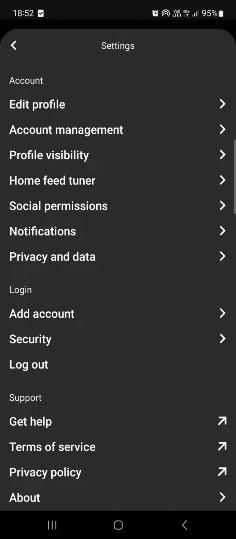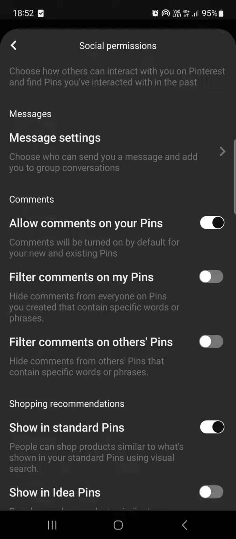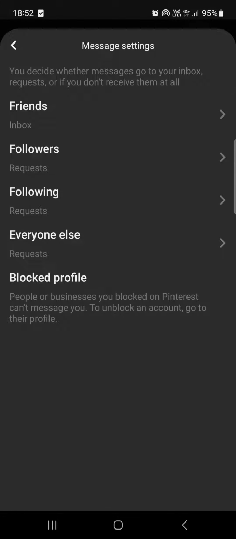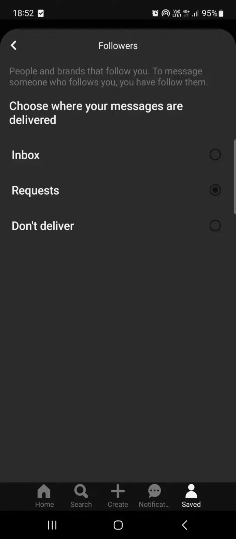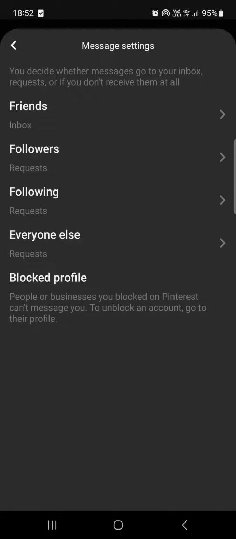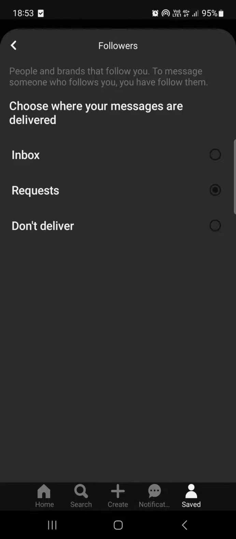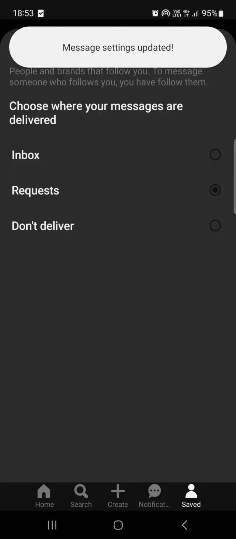Now here in the settings menu, we find social permissions. We tap on that, and then at the top of the screen, we find message settings. If we tap on this, then we can set what kind of messages get into what kind of boxes. So for example, if we get a message from a follower, we can set the box that this message is put into. We can either set it requests, so when someone messages us we get a request notification, or the